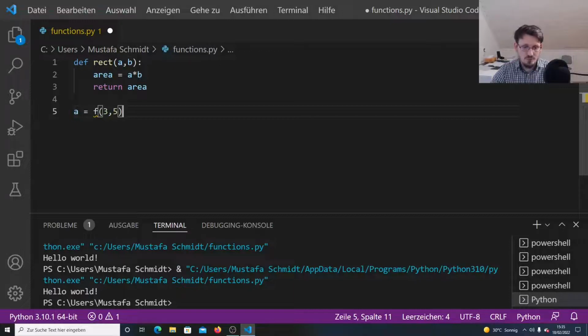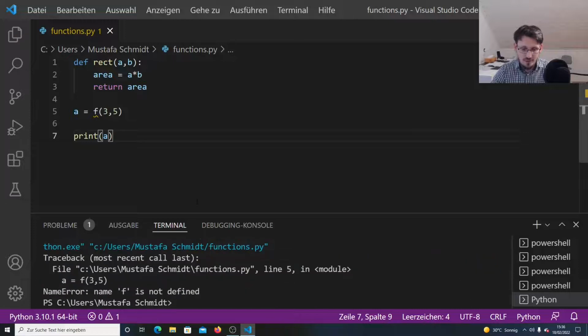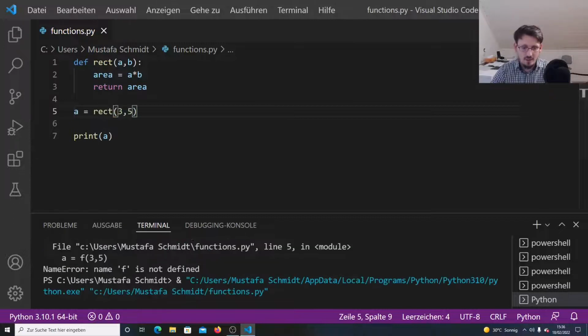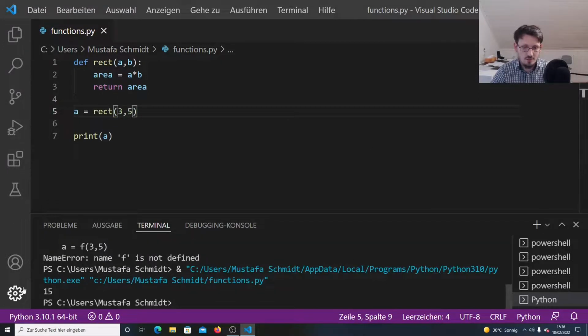So we can just use a new one here, which we call a, and then we can write here print a, or we can also directly insert the function here into this print command. It doesn't matter. The important thing is that this variable a equals the return value of the function. So now we can run that. And of course, the function name f does not exist. We have to call it rect. And now we see,